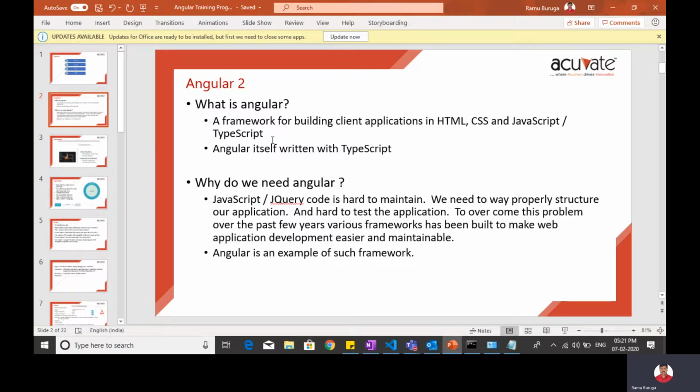Unit test cases mean, in a team, let's say you are working on one project, and there are multiple people. Some people might work at the presentation layer, one at the business layer, others at the database layer, maybe stored procedures, tables, views.